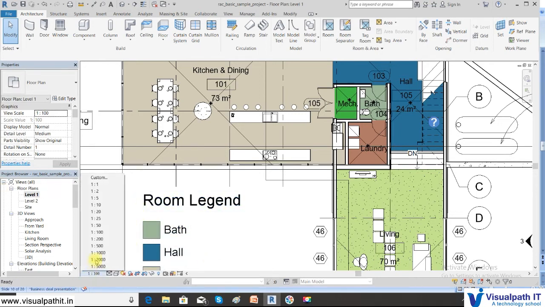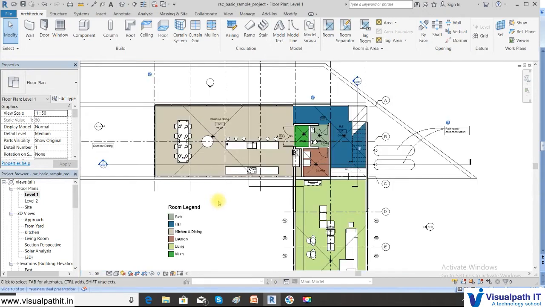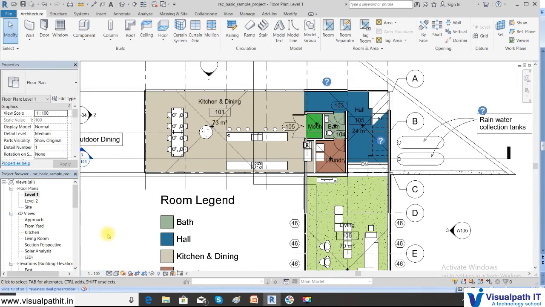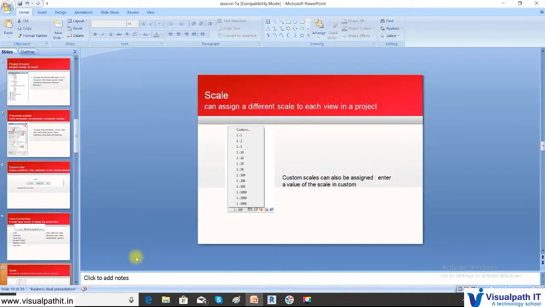By default it is 1:100. As I say 1:50, automatically your scale will change accordingly. So normally it is default 1:100, so we keep that as 1:100. So our next option would be the detail levels.